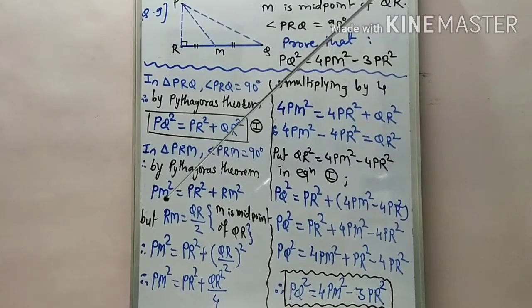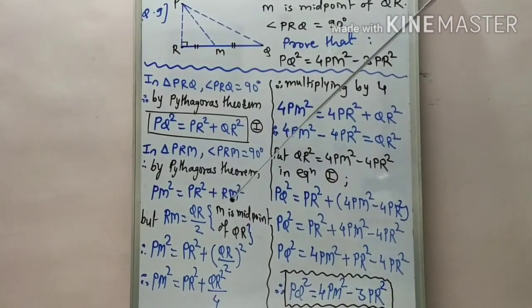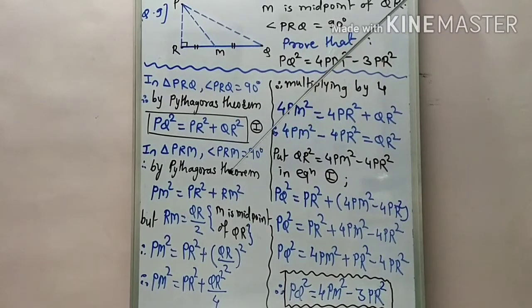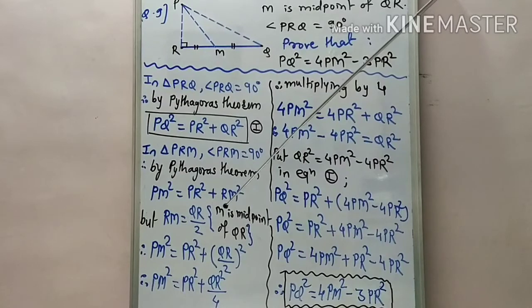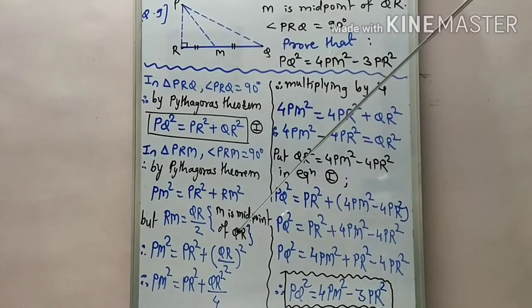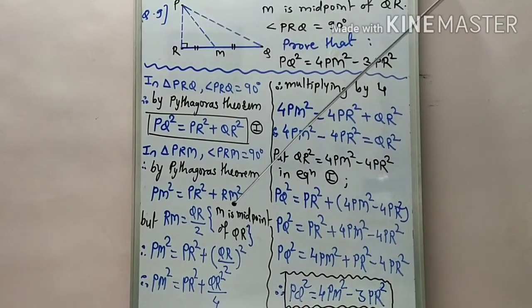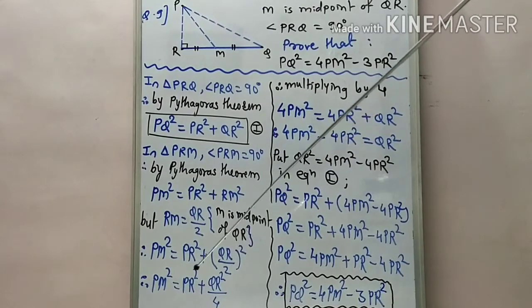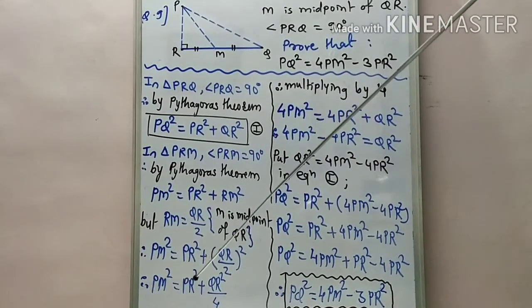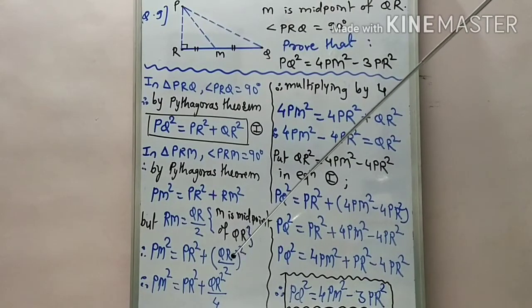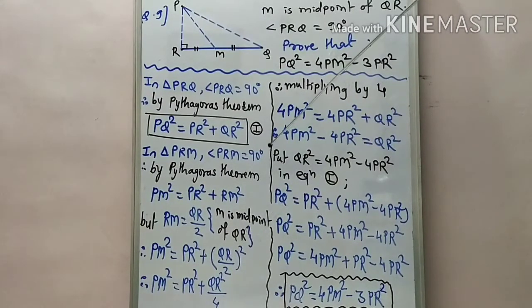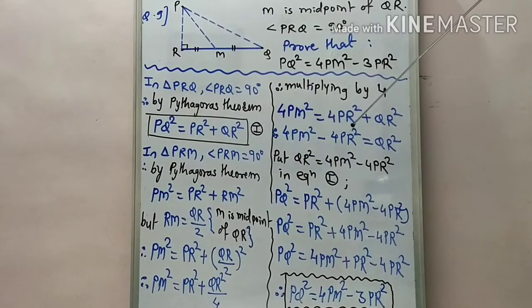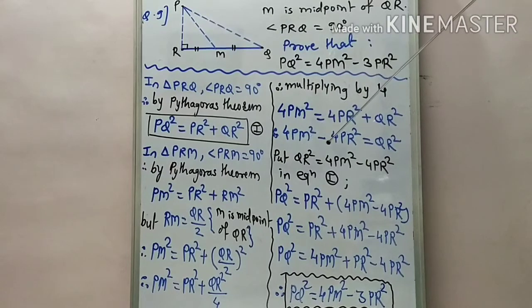So hypotenuse is PM square equal to PR square plus RM square. Okay, and now first we change RM in terms of QR. So we write down here RM is QR upon 2 because M is midpoint of segment QR. So as we replace this RM as QR upon 2 here and simplify further, PM square equal to PR square plus, as we open these brackets, squares are what? QR square upon 4. So multiplying both sides by 4, the equation is 4 PM square equal to 4 PR square plus QR square, and hence QR square equal to 4 PM square minus 4 PR square.